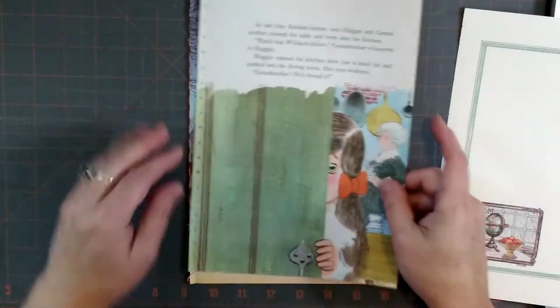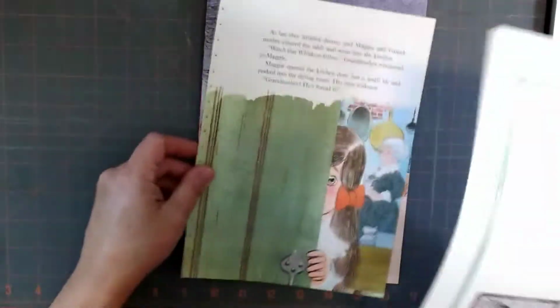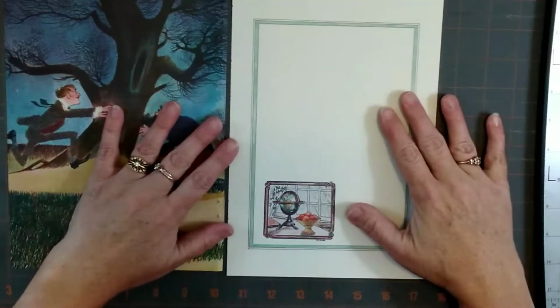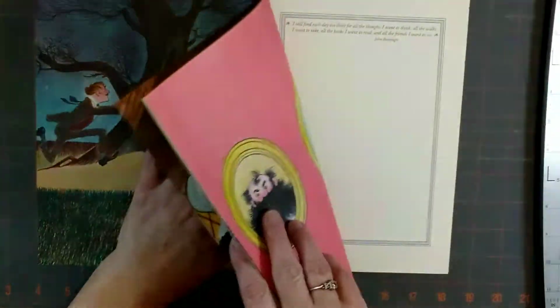Okay, and like I said, this is a single page, and I trimmed off the frayed edges, because what I need to do is marry a page to it so that it can become a signature. So what I will do is the book will be like this, and then this one will be here, but I need to attach a page. So I just want to look at my pages. So this is, let's see, it'll be...